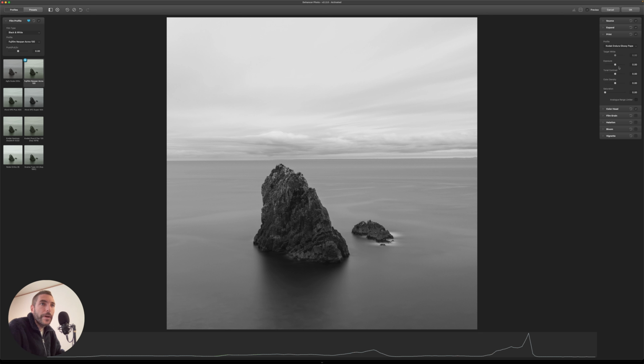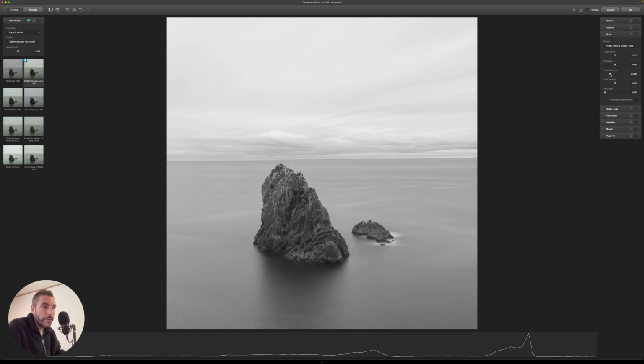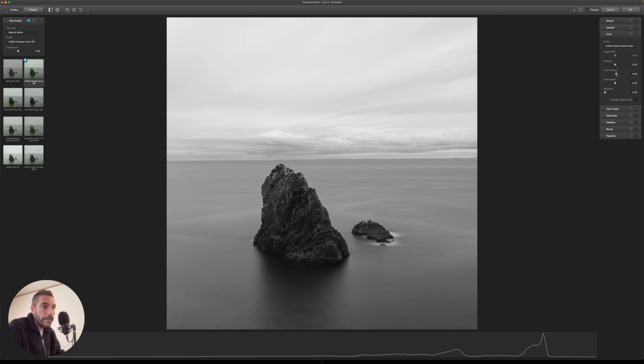And then you can do, of course, other tweaks here. There is a tonal contrast here, which increases the overall contrast of the image. So you can use this. If you lift it up, you see you can get darker blacks and whiter whites, of course. And if you put it on the left side, you get less contrast overall. In this particular case, maybe I'll just lift it up ever so slightly.